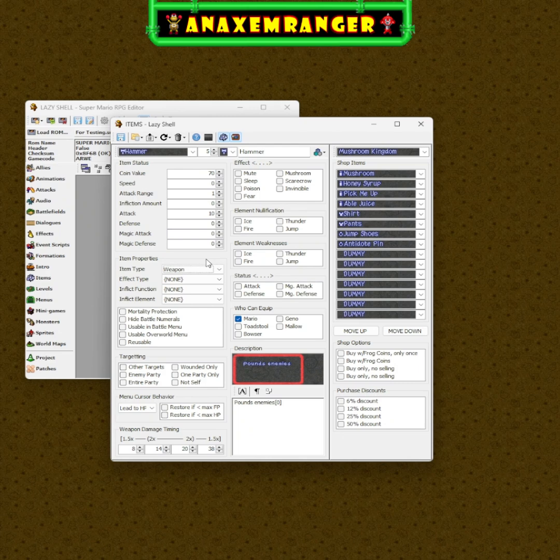Down to item properties, you can use item type to change whether the item is a piece of equipment or an item. This determines which menu the item will be in. Effect type determines whether or not the item will inflict, nullify, or protect against various effects. Protection is used for equipment, nullification is used for items that can be used in battle, and infliction can be